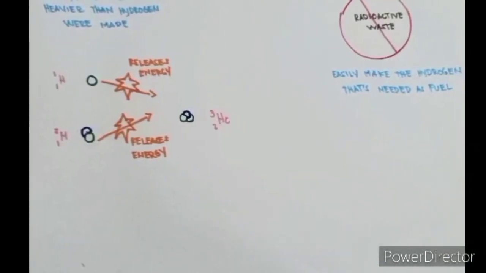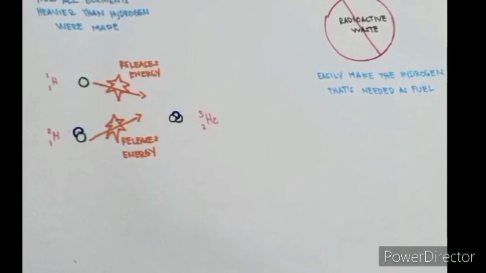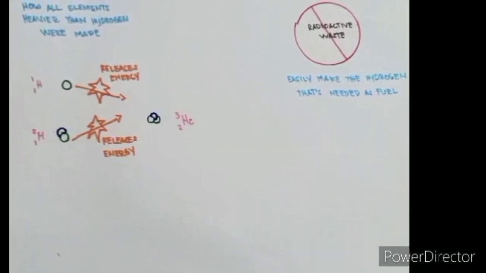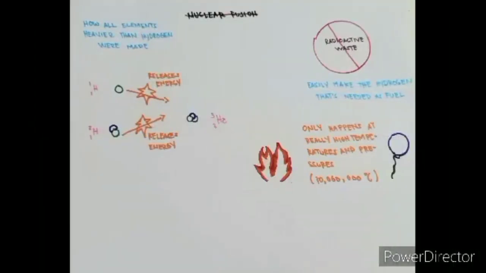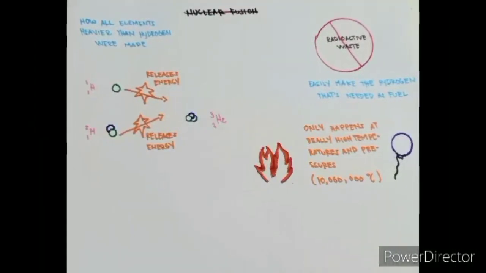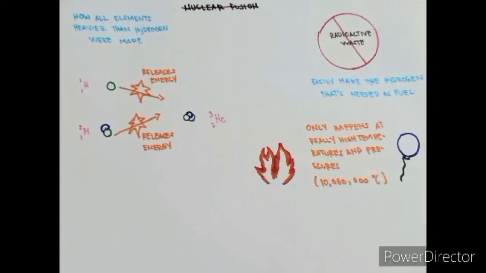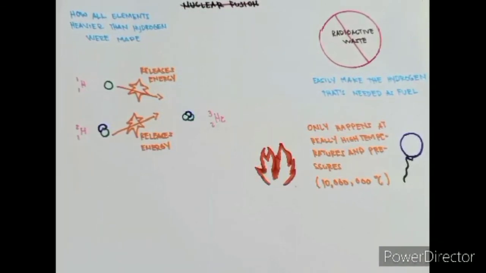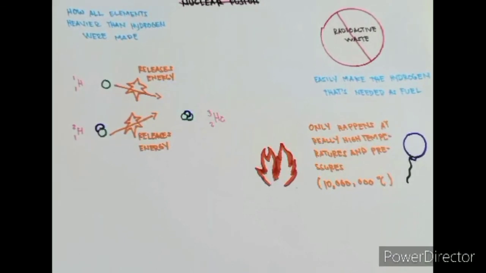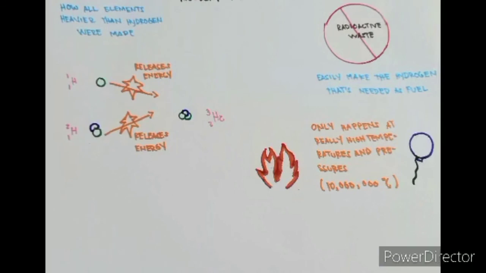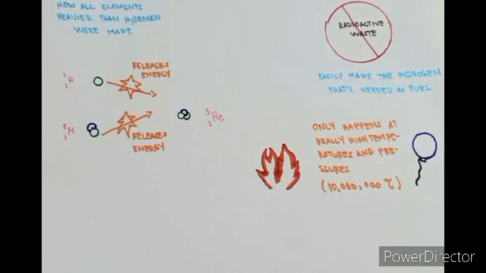Another great thing about nuclear fusion is that it doesn't produce any radioactive waste, and we can easily make the hydrogen that's needed as fuel. The issue though is that fusion only happens at really high temperature and pressure, as in 10 million degrees Celsius. Because of this, we can't currently do nuclear fusion here on Earth. But there is a lot of experimental research going into discovering how we could do it on